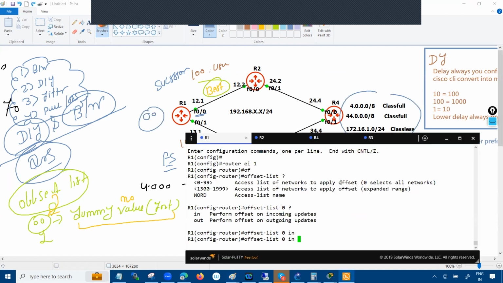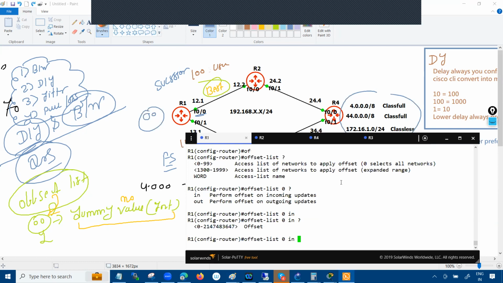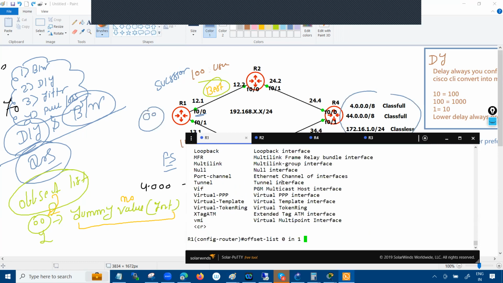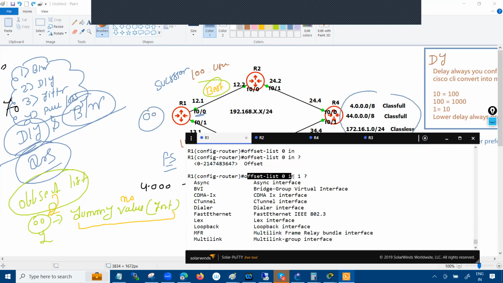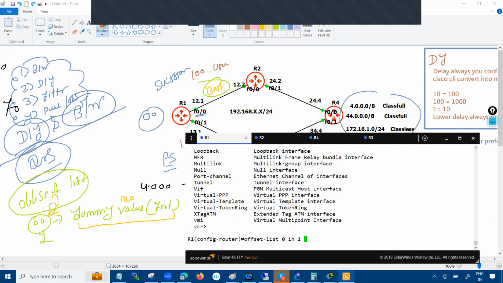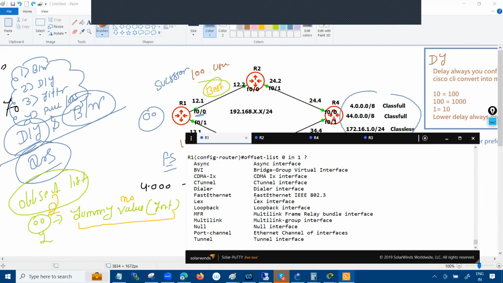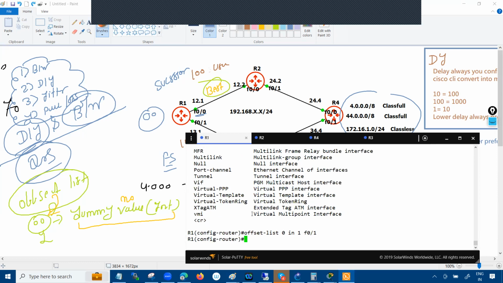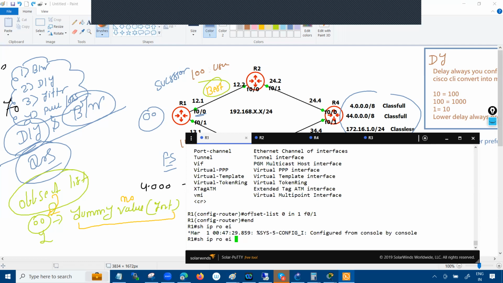I'm going to add the offset now. How much? I just add the 1 over there. On which interface are you going to add? If I'm not going to put the interface and just hit enter, it will be applicable for both the interfaces. But I'm going to mention, hey, no, wait. I'm going to apply this offset value 1 on this particular interface, 0/1. That's all. Now if you see the show IP route EIGRP,